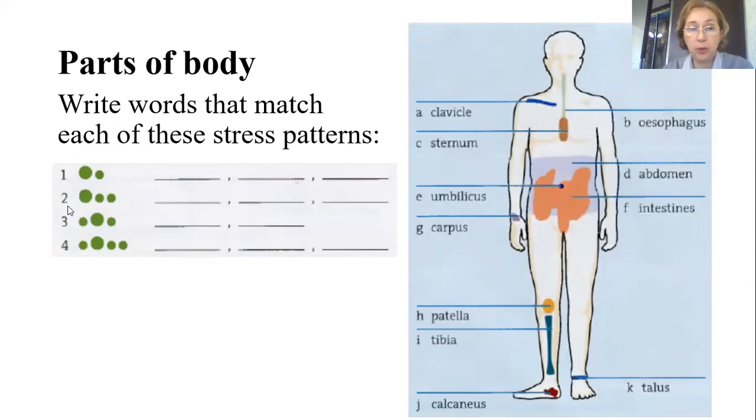In the second group, we should write the words from the diagram, the medical terms, which consist of 3 syllables, and the first syllable should be stressed. In group number 3, we should write only 2 words for parts of the body that consist of 3 syllables, but the second syllable is stressed, like the bigger circle stands for the second syllable. And in group 4, we should find and write down the words which consist of 4 syllables and the second syllable is stressed. For example,